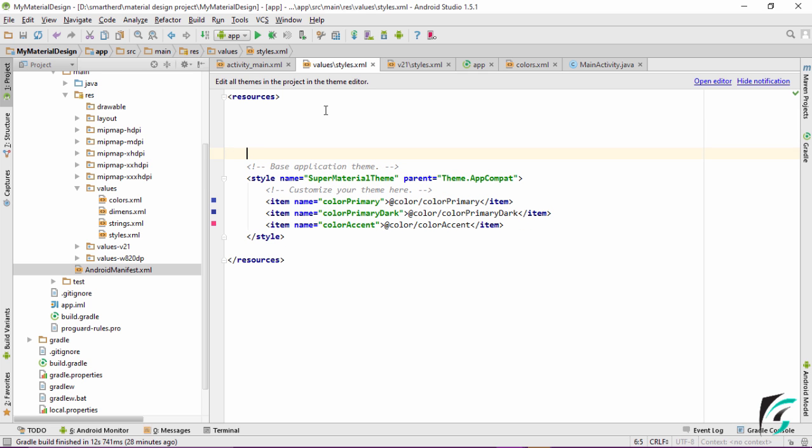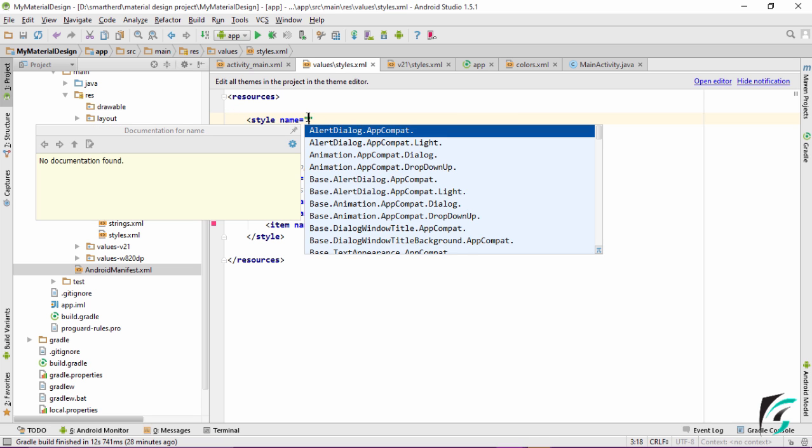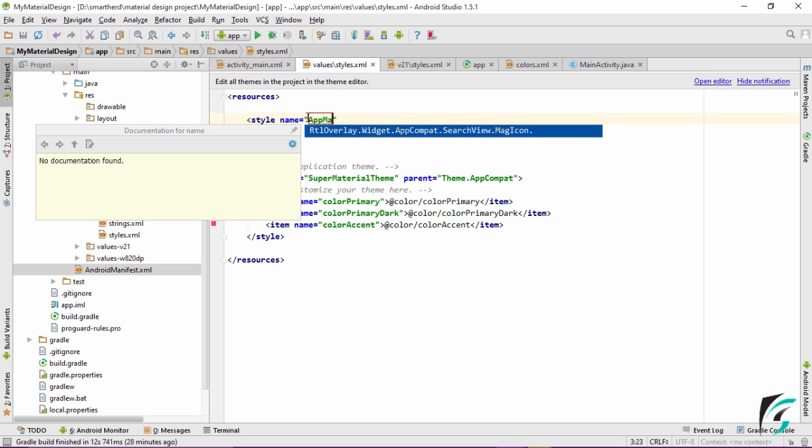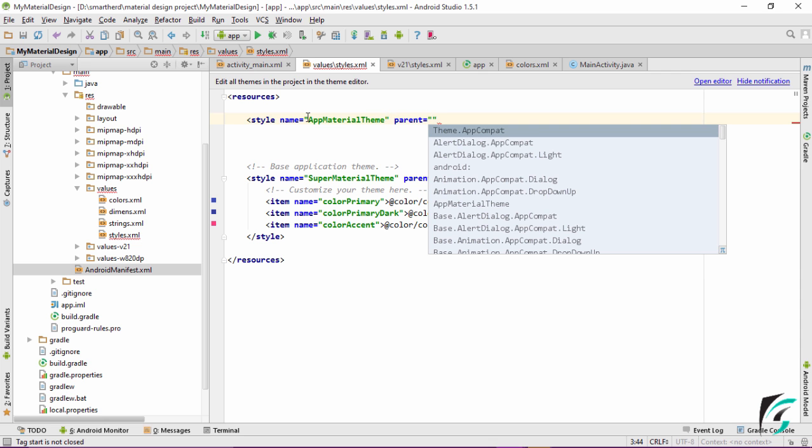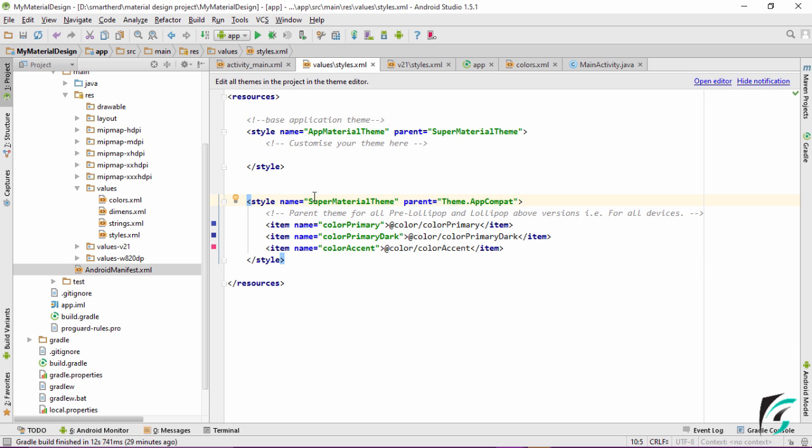Now let's create a base application theme that will take the properties for the Android devices having the API level below 21. Let's give the name AppMaterialTheme, the one which we had assigned in the Android manifest file. And let's define its parent as the SuperMaterialTheme. Now guys, the theme that we created is our base application theme, which we can customize.